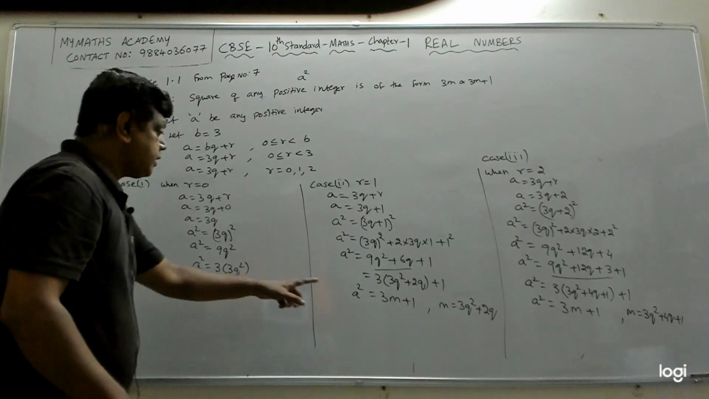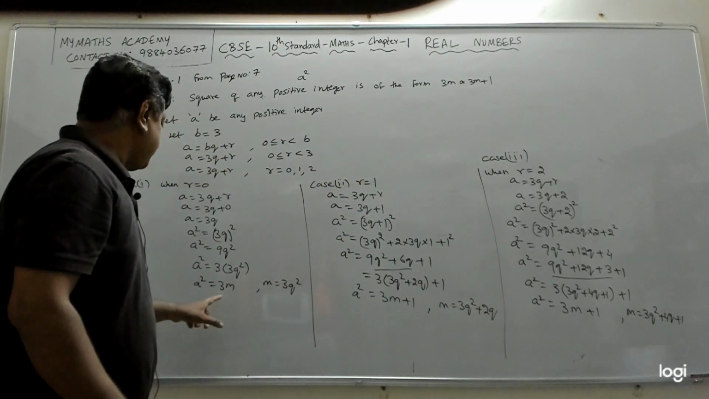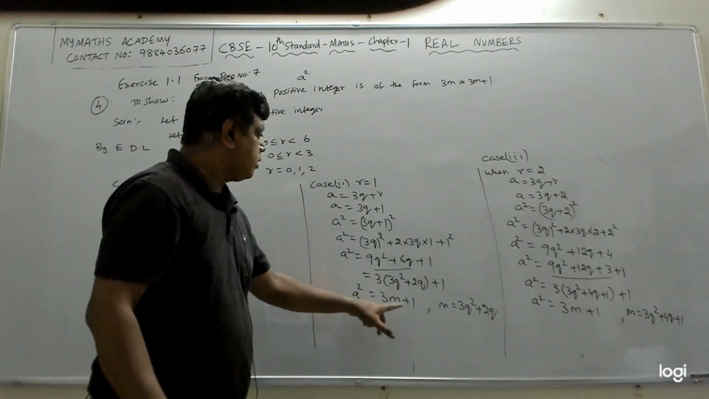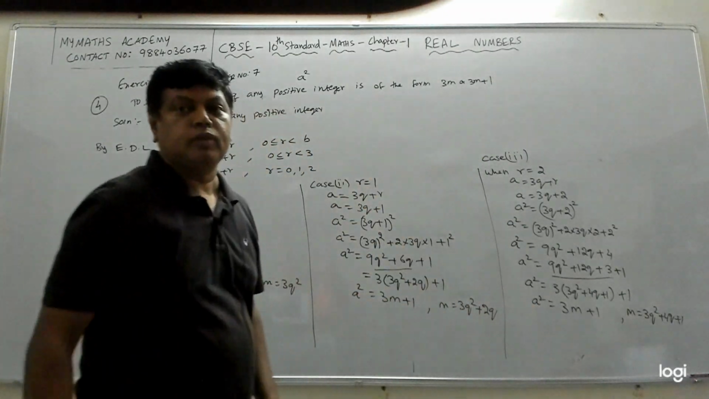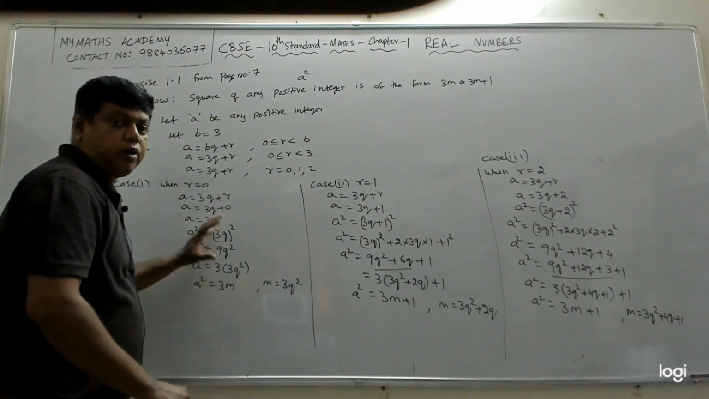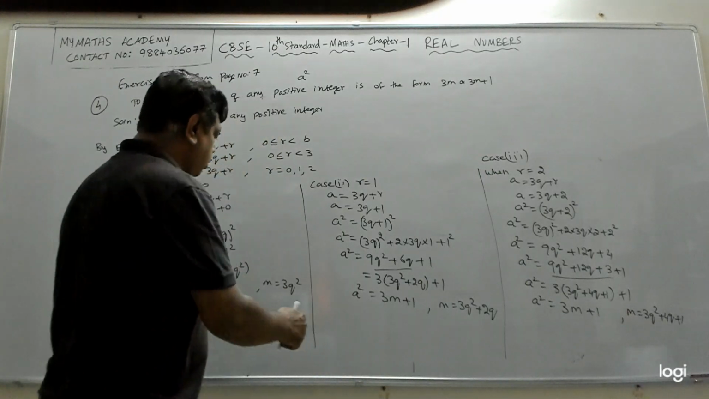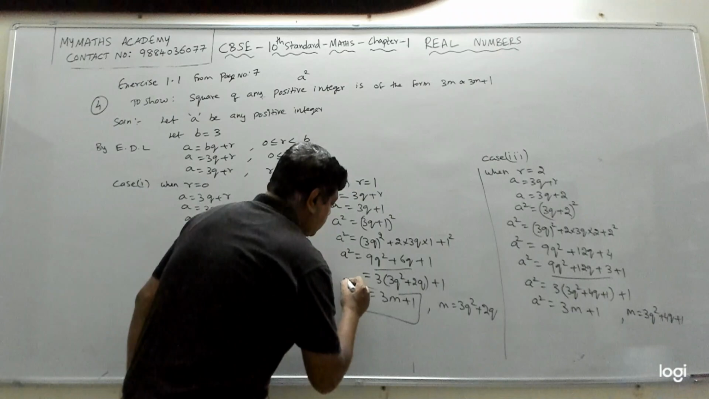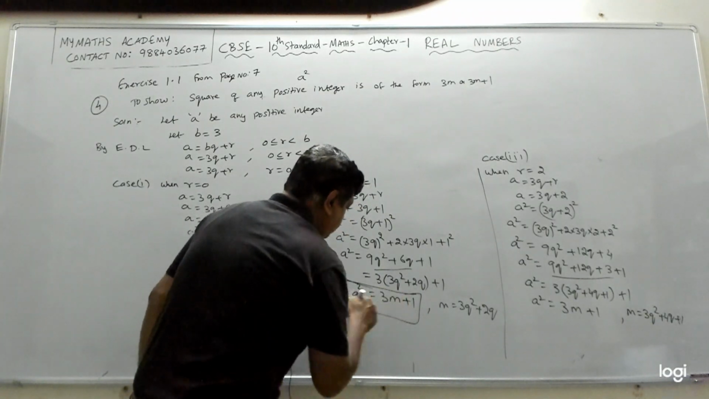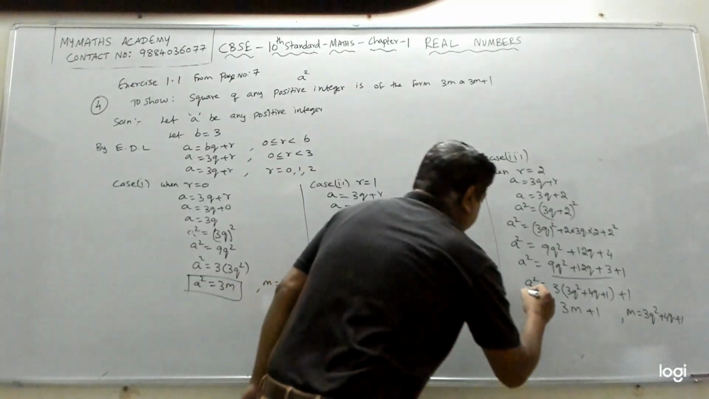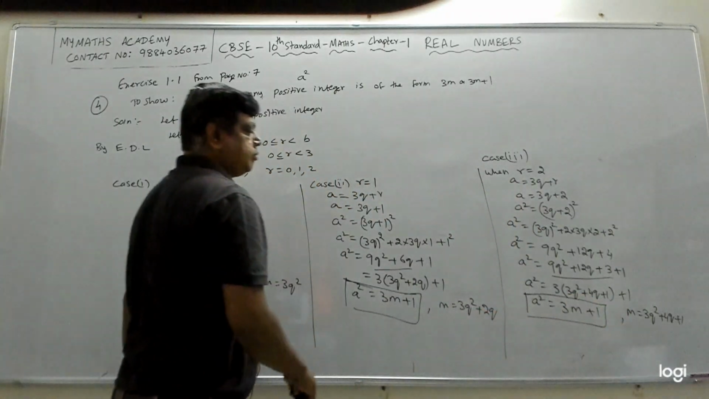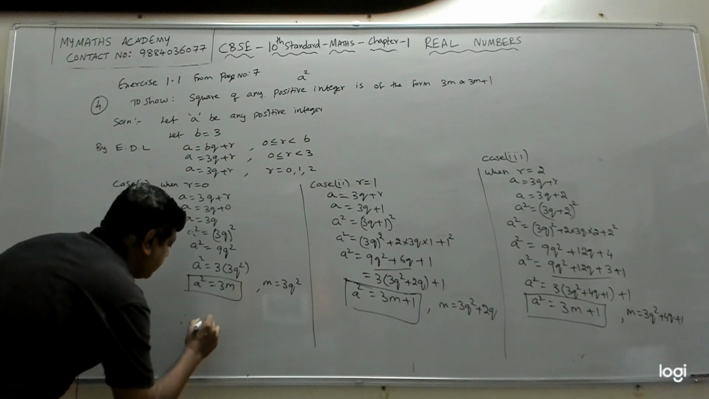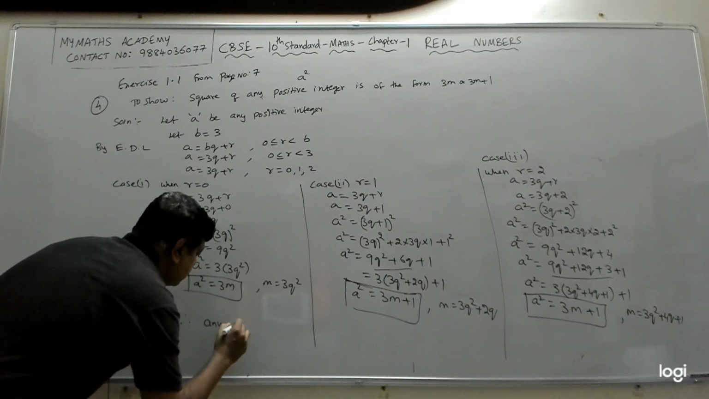So in all the 3 cases, my a square either takes the form 3m or 3m plus 1. So that is the proof for this. You have to check for all the 3 cases. In all the 3 cases, we got this result. Either you see it as 3m or 3m plus 1 only. So therefore, we can say,